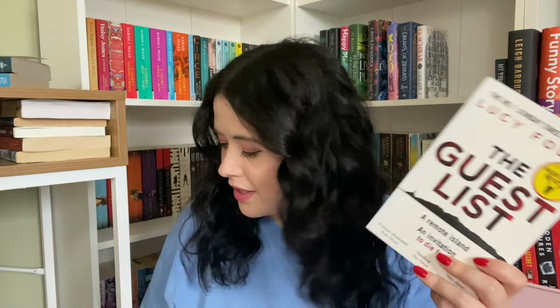I've got Alex McLeod's again, so of course I've got The Fury, and I've got Silent Patient, as I mentioned before. More Lucy Foley, The Guest List, and then I also have Maid by Nita Prose. This was on my TBR last time, but I never got to it. I have Tunnel of Bones. Oh yeah, Unravel a Mystery. Yep, this is a mystery. I forgot about this. So Tunnel of Bones by V. Schwab. So I think I'll go for Mr. Mercedes by Stephen King. I've never read Stephen King before,